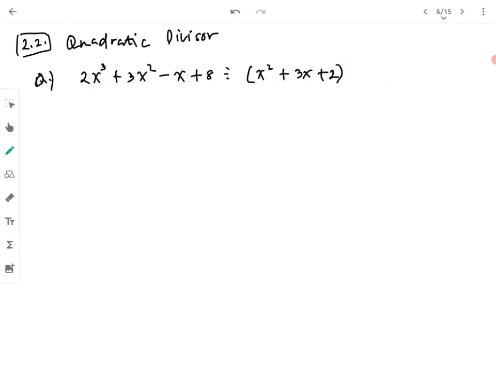Let's proceed to quadratic divisor. What if the